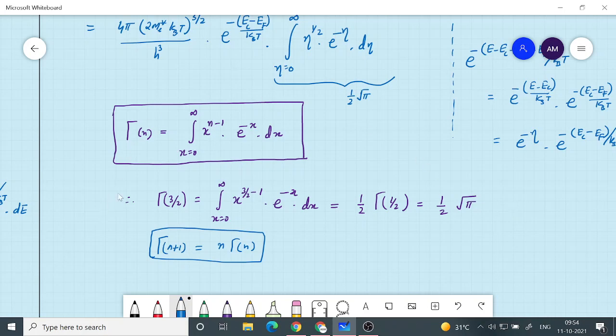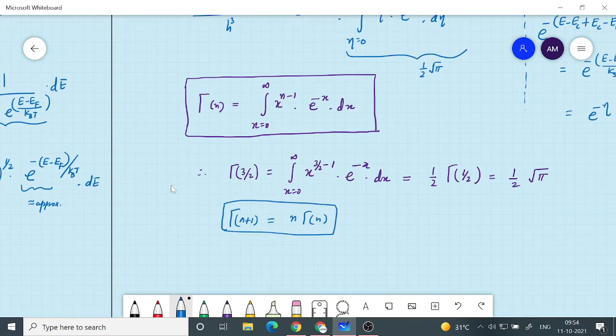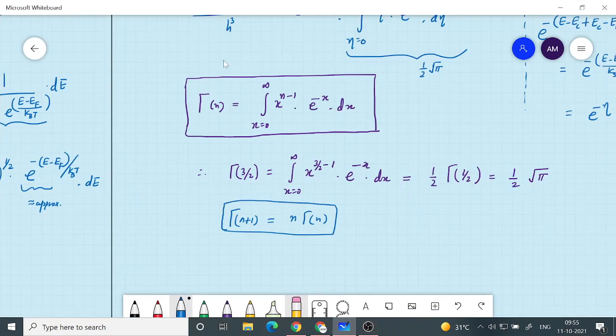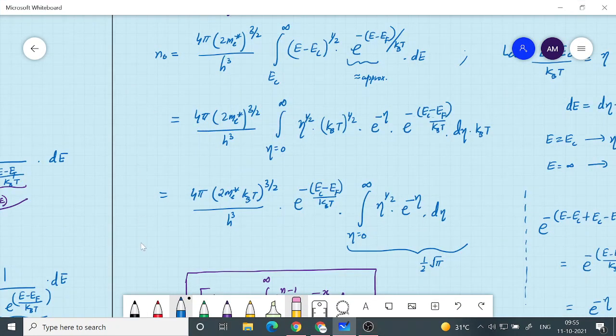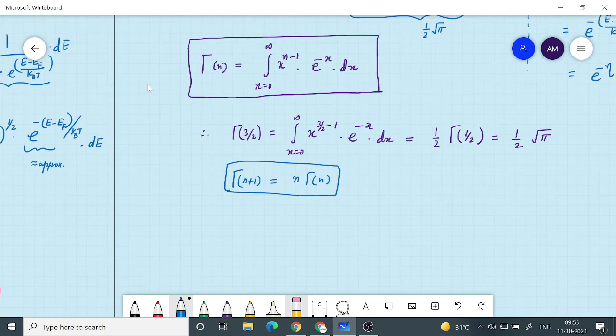So under this approximation, we are able to get gamma 3 by 2 as half into gamma half. Okay, I have already written this here, so I need to write this. Okay, so therefore, what are we finding out? We are finding out our n0. So n0 is equal to 4 pi